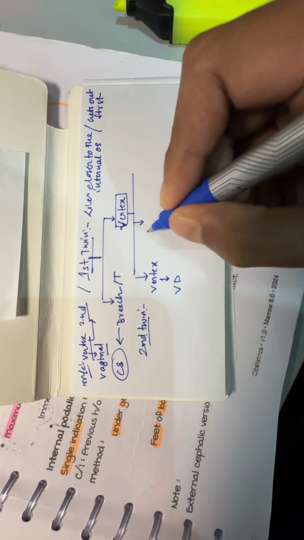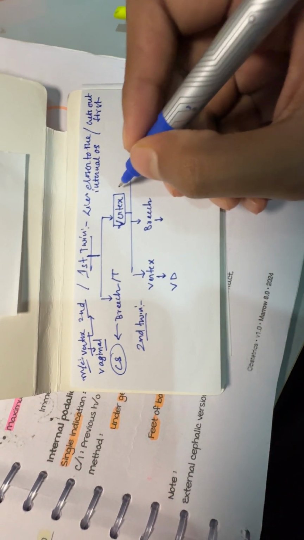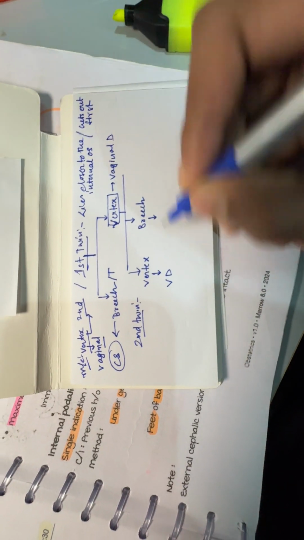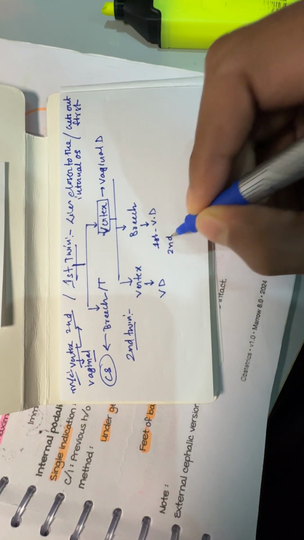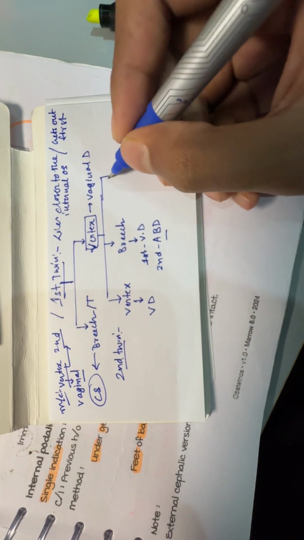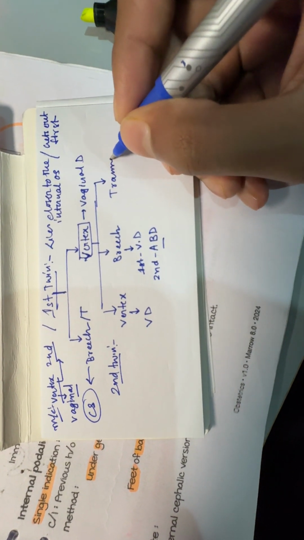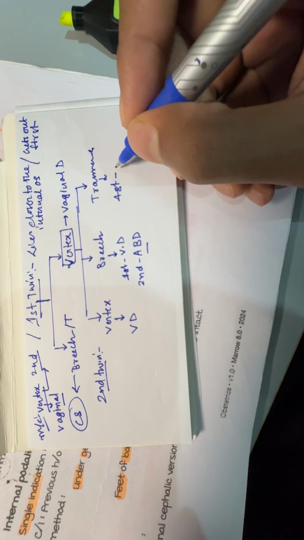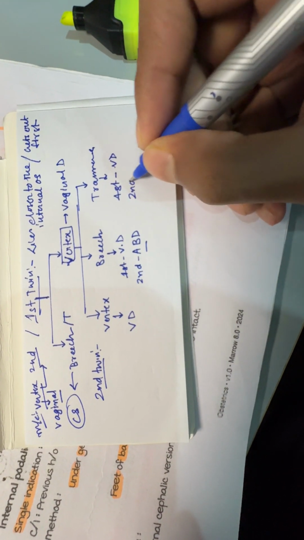But if the second twin is breech, for the first one we still do vaginal delivery, but for the second one we do assisted breech delivery or ABD. And if the second twin is transverse, for the first baby we still do vaginal delivery, but for the second, what we do is